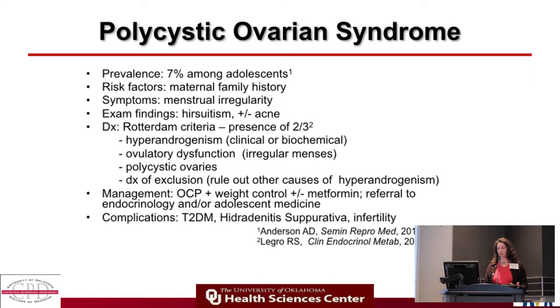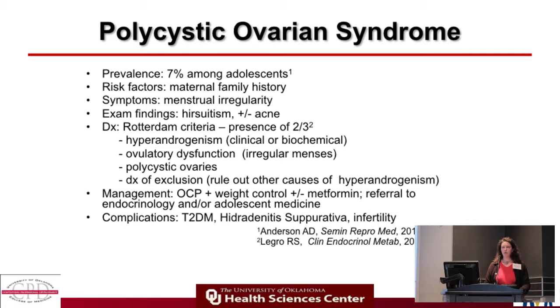If they have irregular menses, but they don't have a clinical or biochemical sign of increased androgens, and you feel strongly that this would be a helpful diagnosis, or they want to know, I mentioned it's a diagnosis of exclusion, so we get lab work to rule out other causes of hyperandrogenism. And then the management is oral contraceptive pills, weight control,